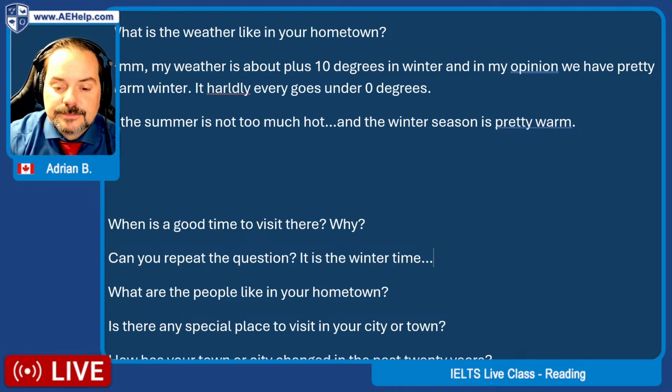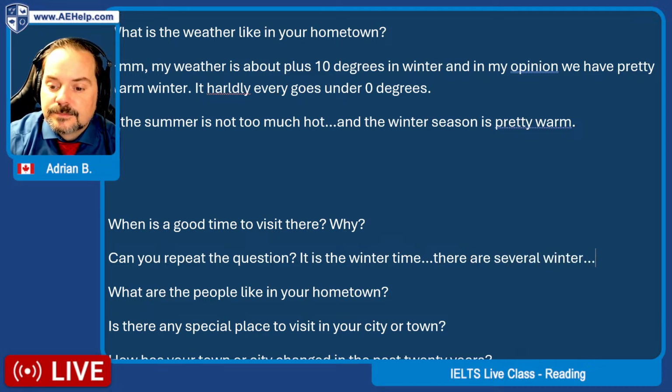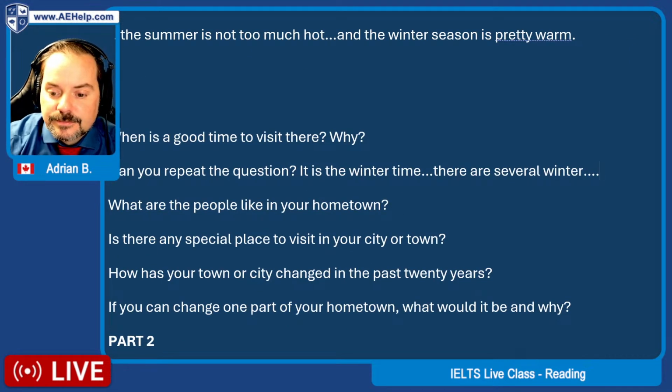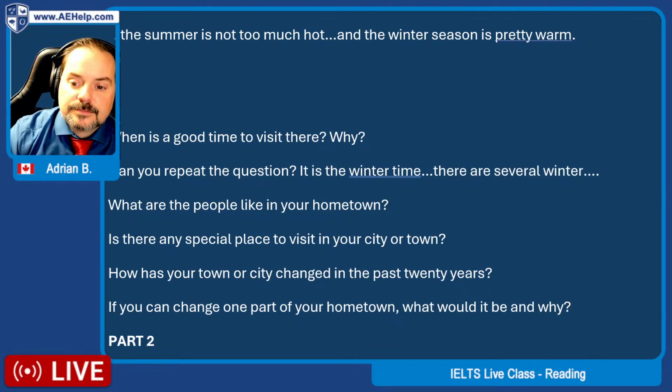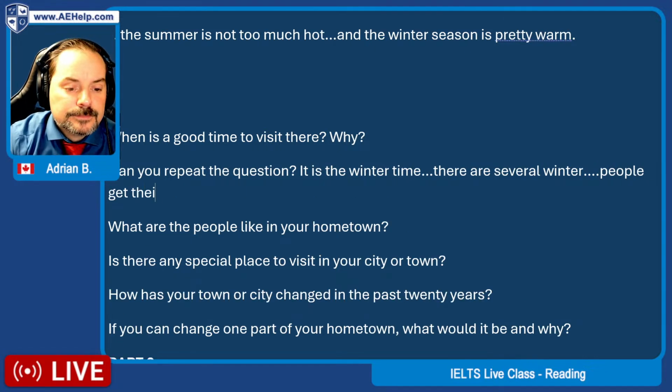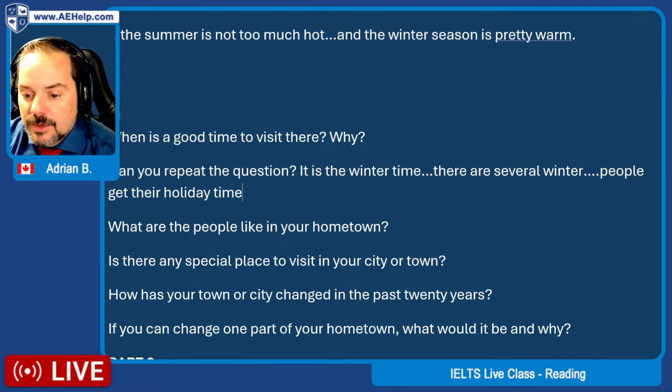The Cox's Bazar, Sajek, or many kinds of beautiful different places. This time is definitely for people to get their holiday time, so this time mostly people are visiting this type of place. If you could change one part of your hometown, what would it be and why?